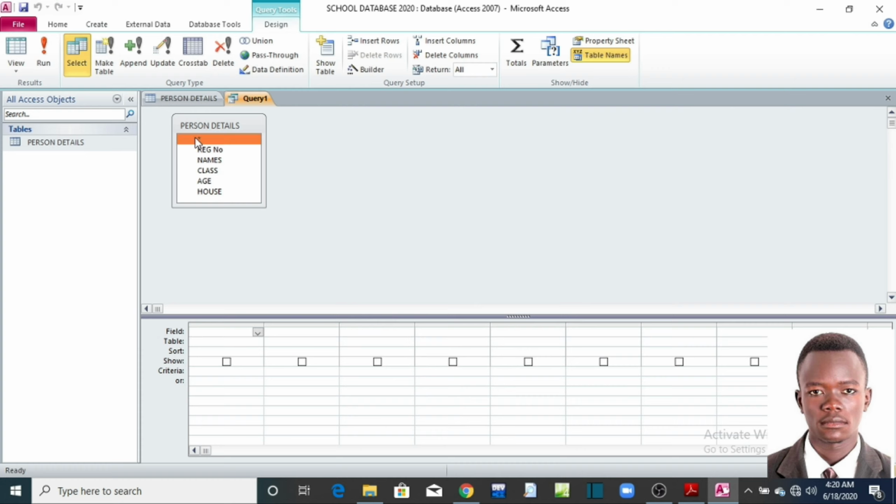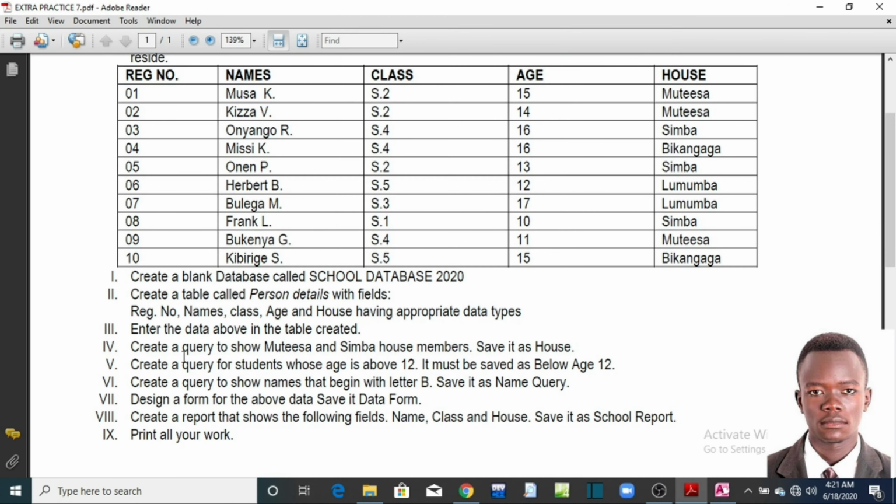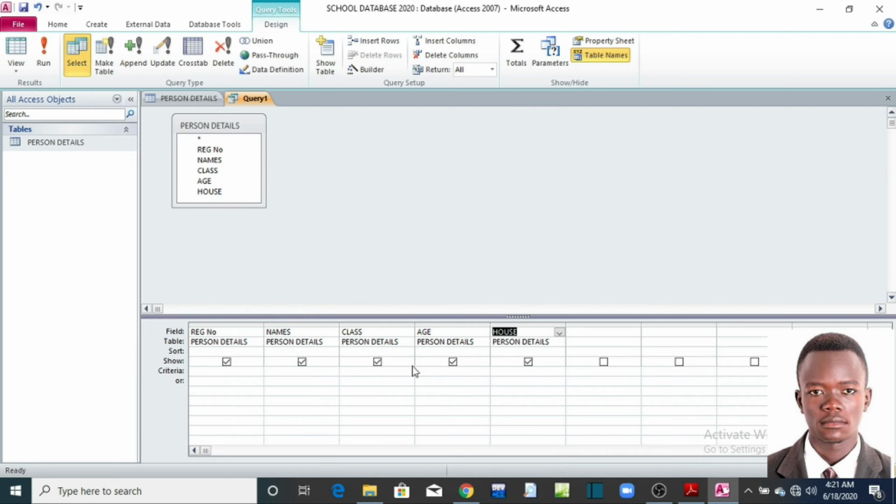I normally tell my learners, you press Control A to select all the fields, if all of them are needed. For this case, all of them are needed, right? You Control A, then see the first field is the result number. Come and drop it here on that field. It will scatter across. But the question is, what is needed from this query? It has to show Mutesa and the Simba house members only. So it is going to be under house. You get a criteria under house around here, and you type there